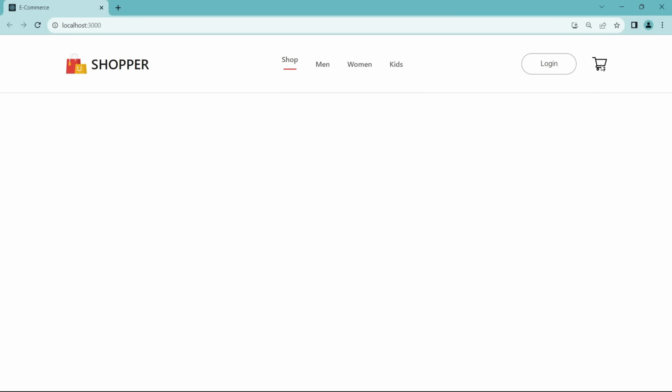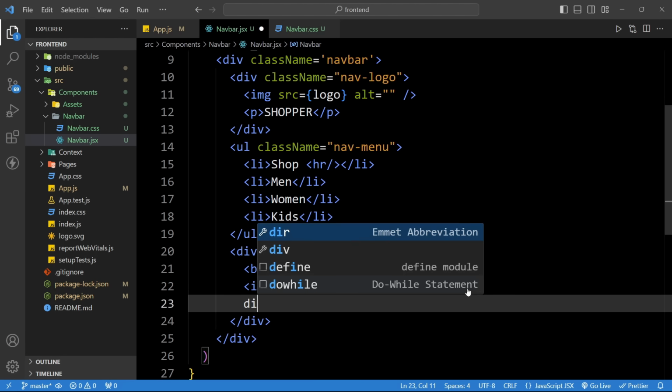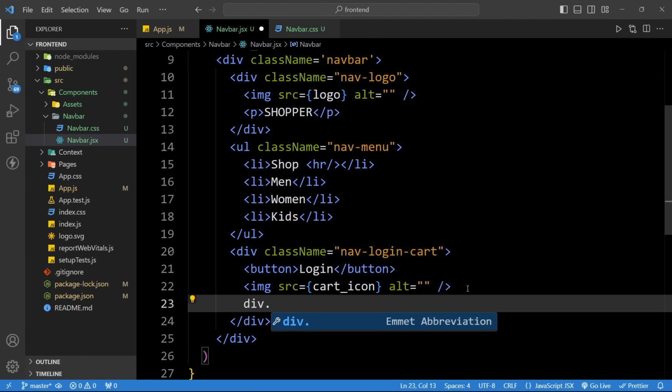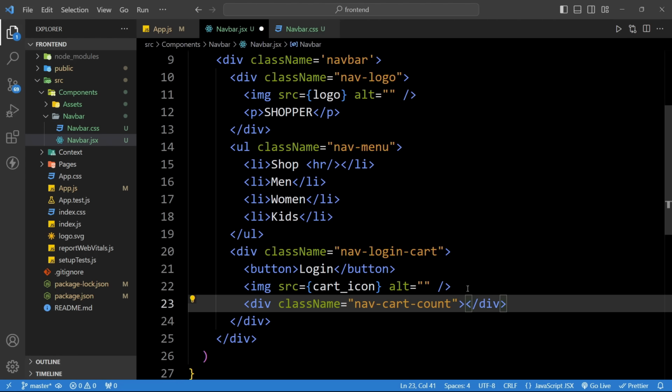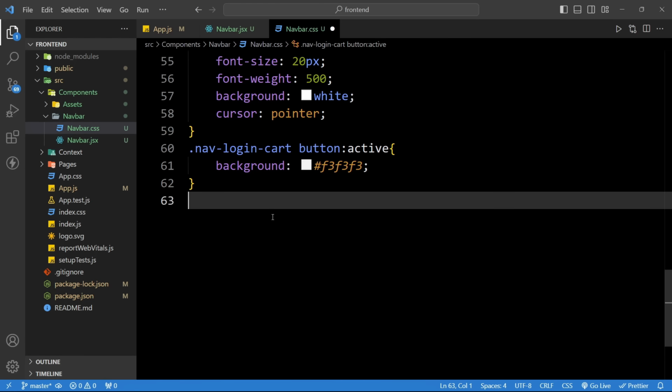Now we will add a counter on our cart icon. So after this img we will add one div with the class name nav cart count. The value will be 0. Now for this class name we will add the CSS properties. Just add this class name here, and